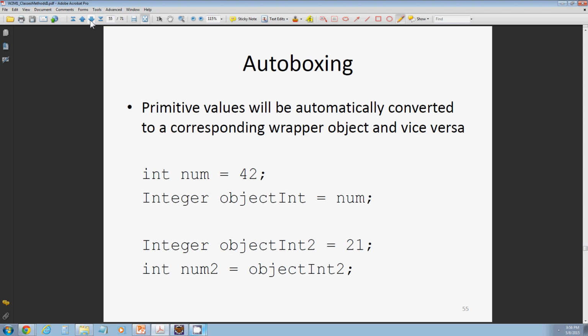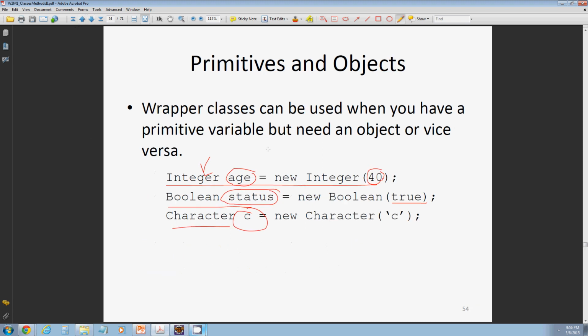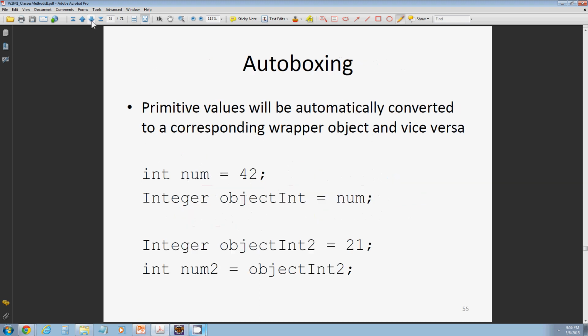Now, because this is sort of a utility that Java gives us to make life a little bit easier sometimes, they also give us a little shortcut. We don't actually have to use the new constructor. This is one of the other very few classes that there's a shortcut to creating objects. We can actually do what's called auto boxing or auto unboxing, where Java automatically converts from the primitive to the